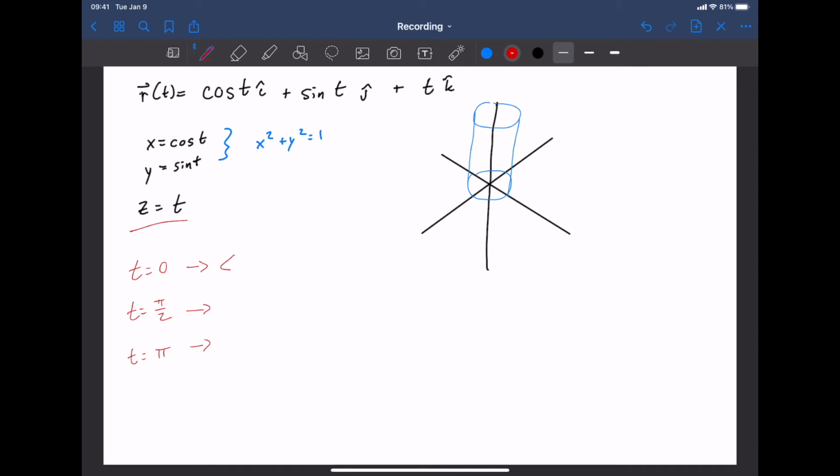Here I go. 3, 2, 1. T equals 0, we have 1, 0, 0. Pi over 2, we have 0, 1, pi over 2. Pi, we have negative 1, 0, pi. So what's happening? We're still rotating around, but by the time we get to pi over 2,